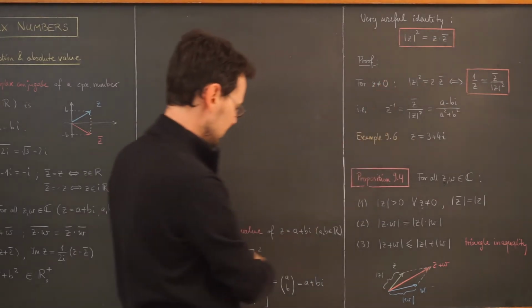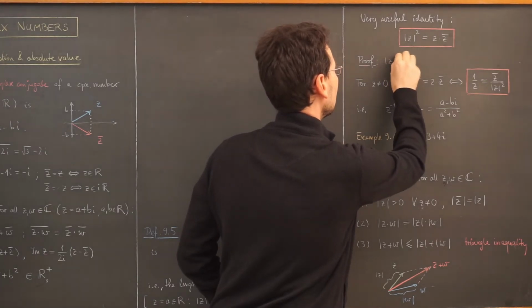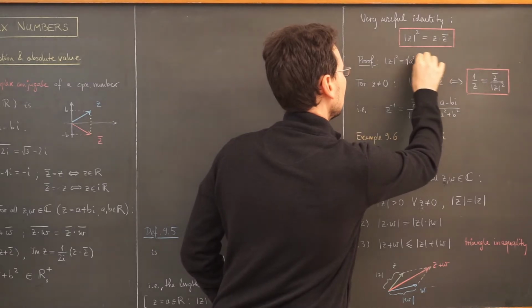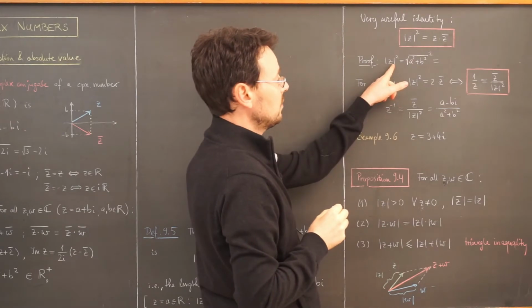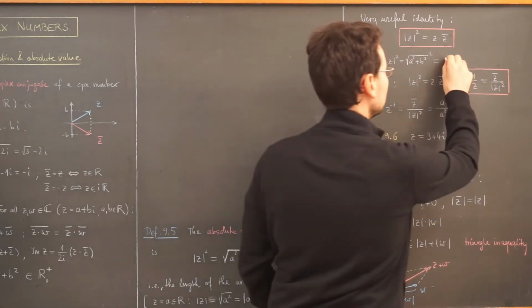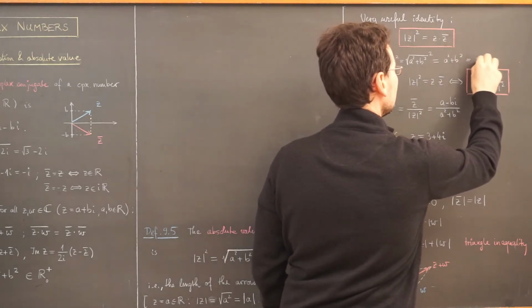Okay, proof here, as I already said, almost trivial. So the absolute value squared is here this square root squared, which is a squared plus b squared, which is nothing but